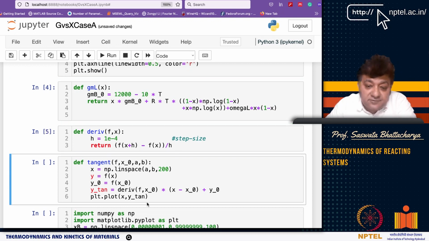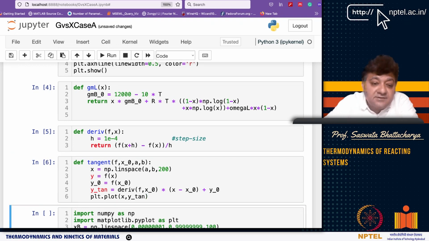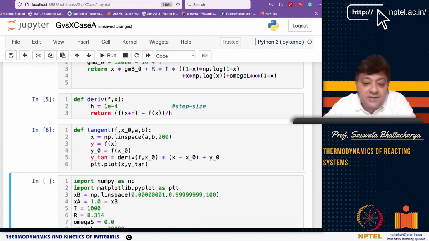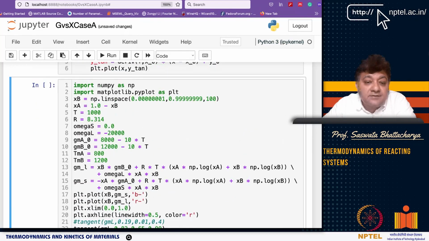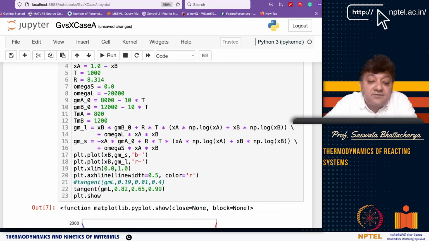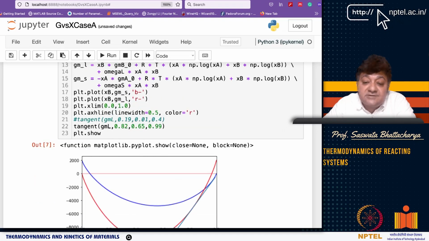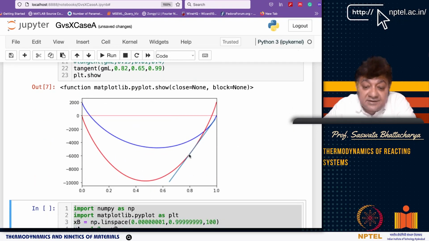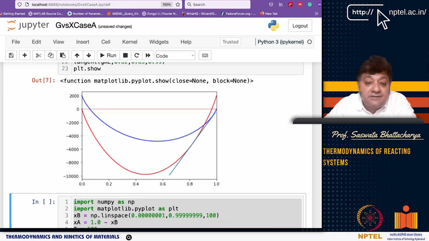So I want to write the equation for the tangent. Once I have written the equation for the tangent, now at 1000 Kelvin I am looking at the tangent, right? I am drawing the common tangent, the coexistence. As you can see here, the common tangent is drawn around 0.82 here, and this is likely very close to 0.94 or 0.96 in the solid case, right? So this is one coexistence that I got, and this is at temperature 1000.